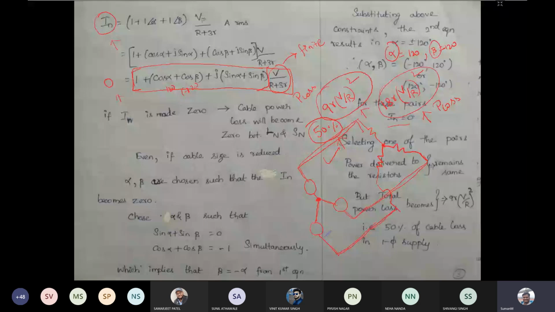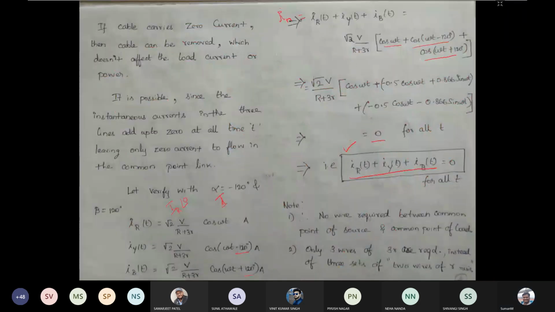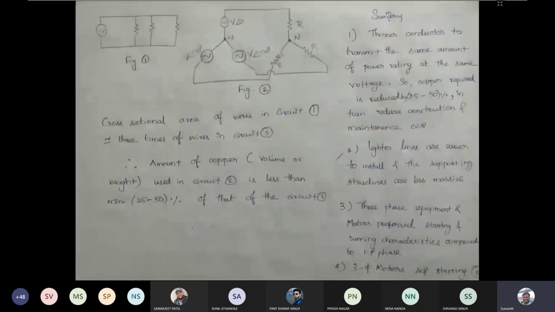Okay, weight of the wire will be drastically reduced when you are going for this kind of three phase wire when compared to the single phase, because in single phase you have to use very thicker wire when compared to this. In single phase we have to use three times the thickness of your three phase circuit. Because of that, the thickness of the wire in single phase circuit should be very huge. Other than that, handling a thicker wire will be very much difficult. Okay, so this is the conclusion for that overall thing.